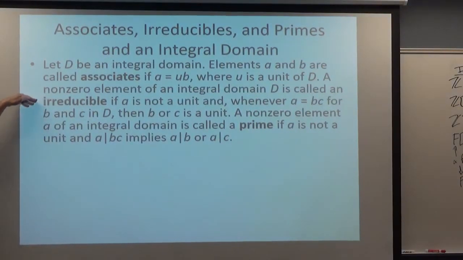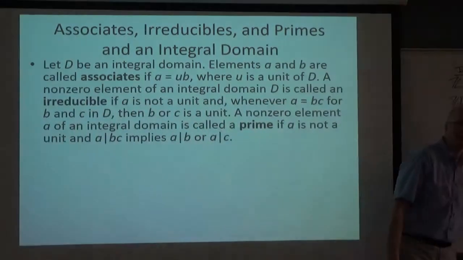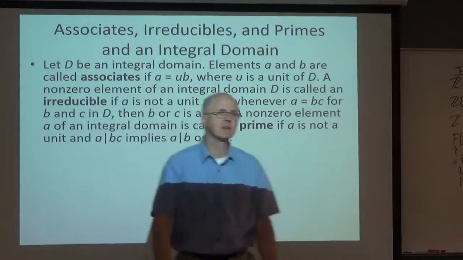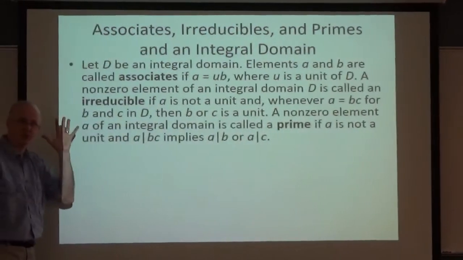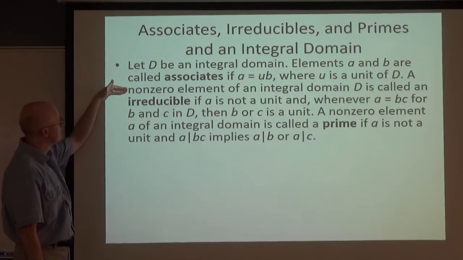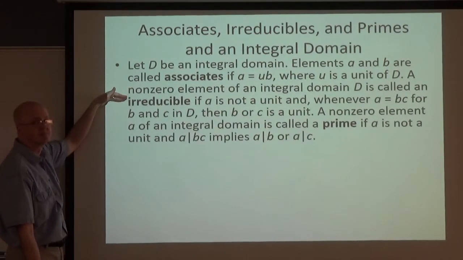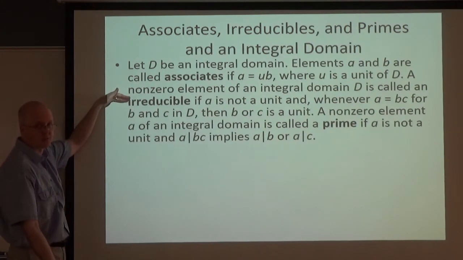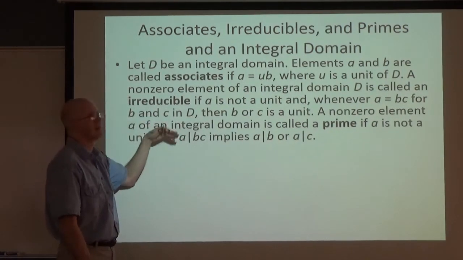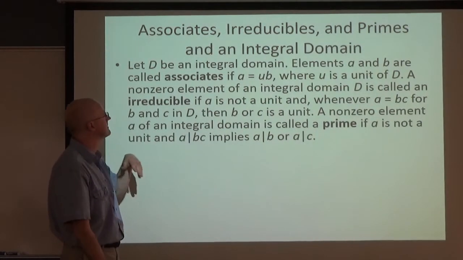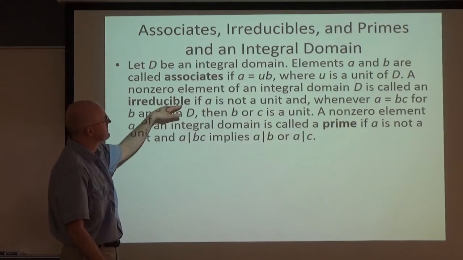This next sentence here is pretty much the same definition of irreducibility as with polynomials over integral domains, except this is more abstract. A non-zero element of an integral domain is called an irreducible. Don't add the word polynomial because we're talking abstractly here. We're not saying over a field. There's the implicit integral domain behind things here. It's an irreducible in the integral domain